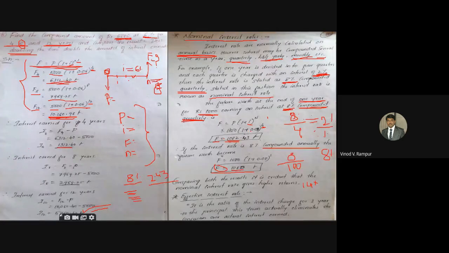If I am going for compounded monthly, again it increases. I'll come to the next part of that, compounded monthly. Then what happens? It becomes, compounded monthly, that means 8 by 12. Then whatever the value you are getting, divided by 100, raised to 12. That means this value again increases for compounded monthly. That means you are paying up to 5 rupees extra for this 1000 rupees when you are paying every month.